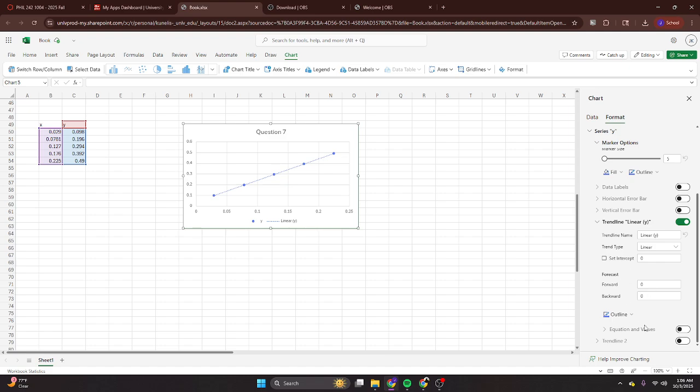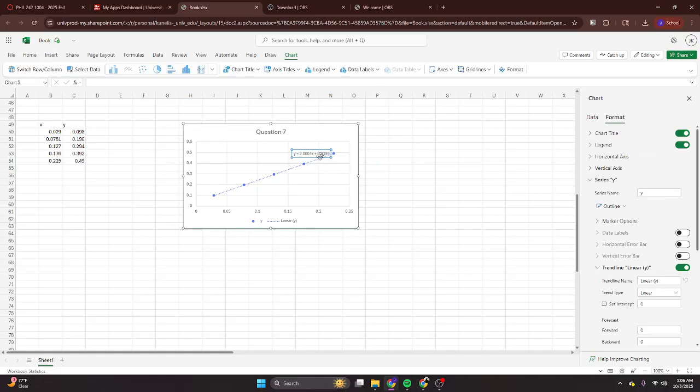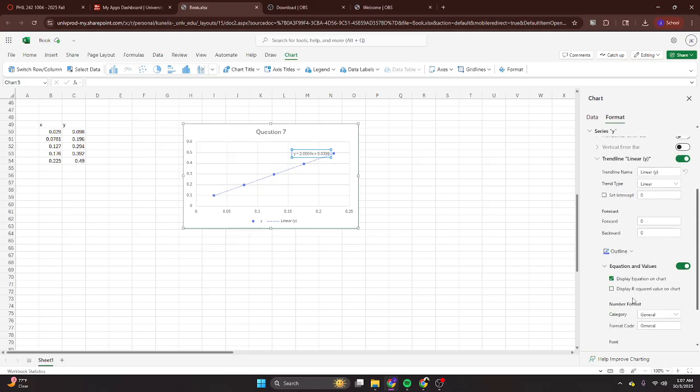Then we're going to click equations and values, and that's going to instantly import our y equals mx plus b, our slope line, and that shows us our intercept and our slope. If we want to see our r, our correlation coefficient, it displays r squared. Now we're not looking for r squared, right? We're always looking for r, so the only thing you have to do is take the square root of